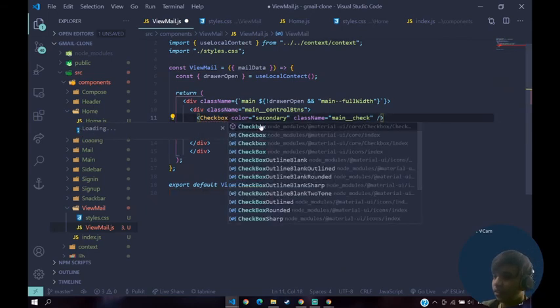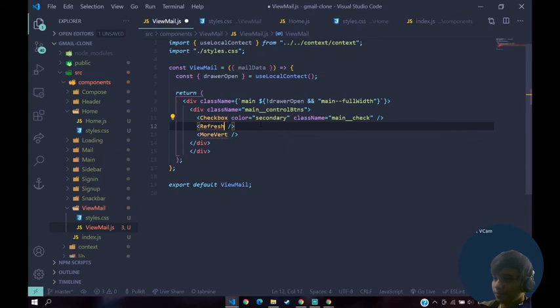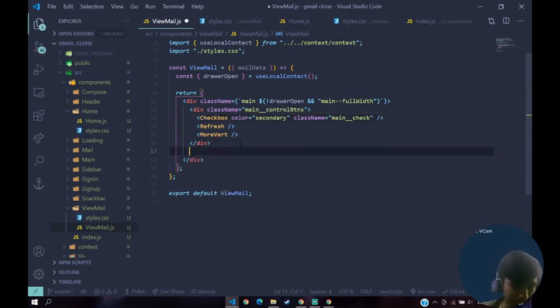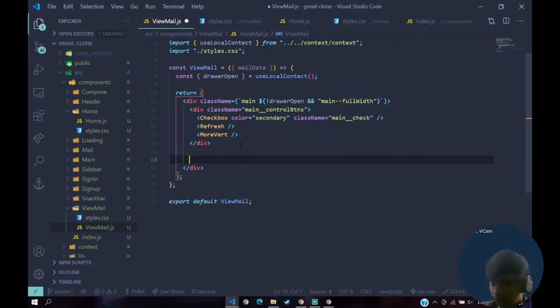So just have a checkbox here, import your checkbox, more vertical, and then your checkbox. Save that. Inside of control, but outside of this, create another div of view mail underscore body.